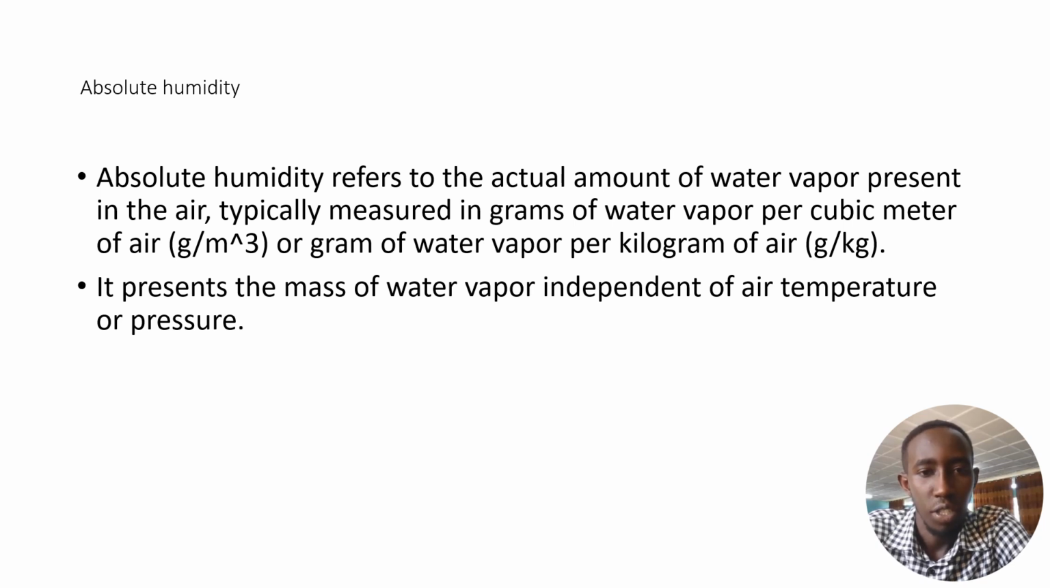Here, absolute humidity refers to the actual amount of water vapor present in the air, typically measured in grams of water vapor per cubic meter of air, or grams of water vapor per kilogram of air. It represents the mass of water vapor independent of air temperature or pressure. I think you understand. Let us continue on the next slide,